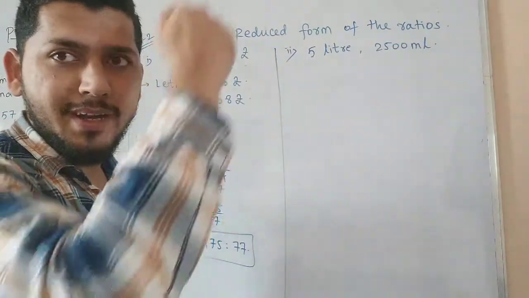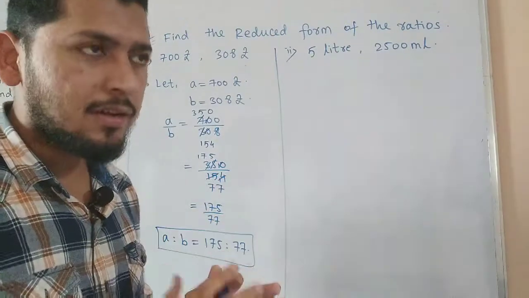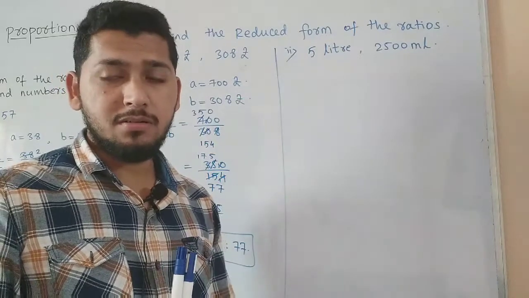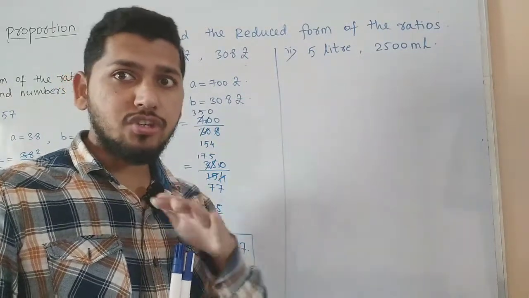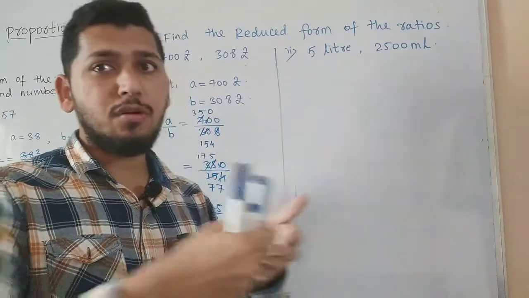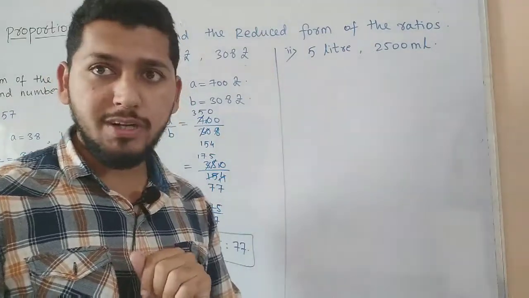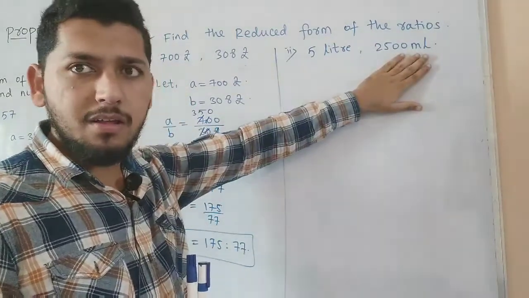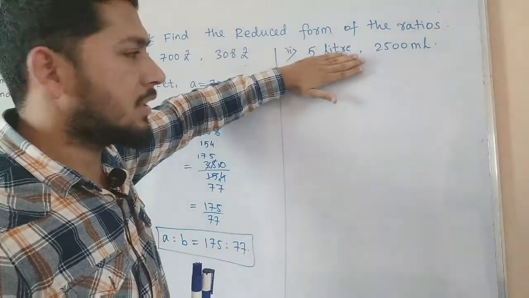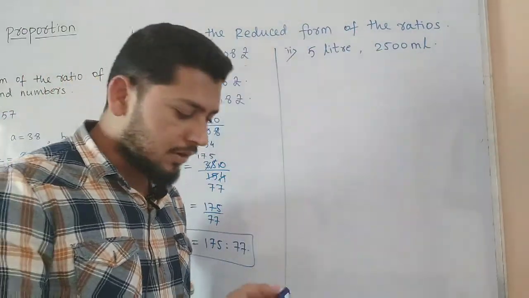Means a smaller quantity cannot change into a greater quantity, but a greater quantity can change into a smaller quantity. For example, meter can change into centimeter, but centimeter cannot change into meter. Means we don't change from smaller to greater quantity, we have to go from greater to smaller quantity. Okay, so liter is the greater quantity, milliliter is the smaller quantity. This is already in milliliter. We don't make this in liter form, but the quantity which is given in liter, that quantity we can convert into milliliter.